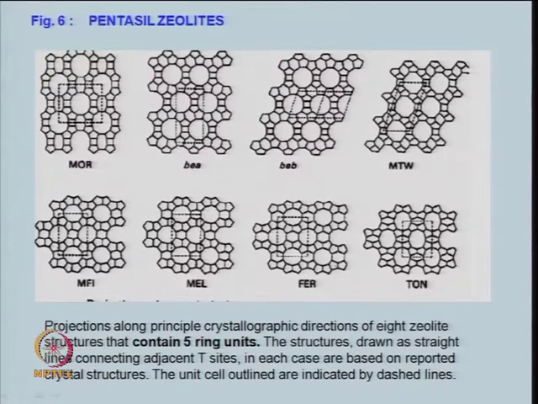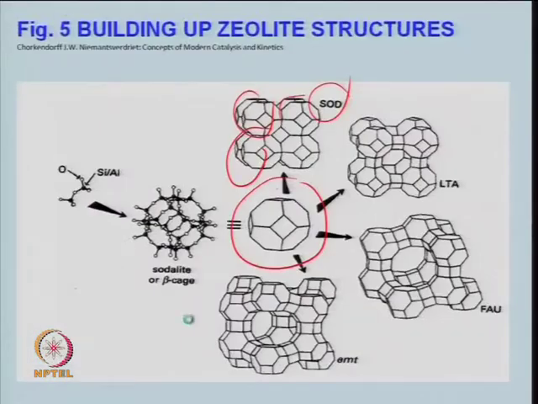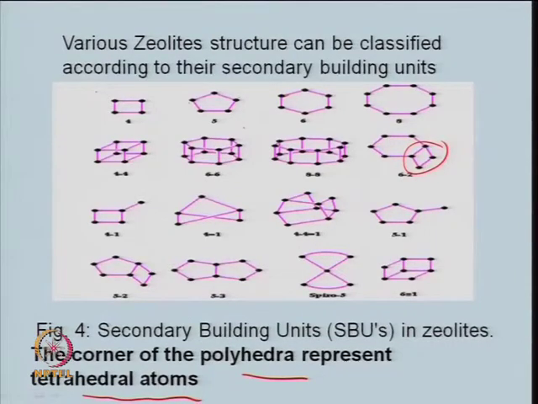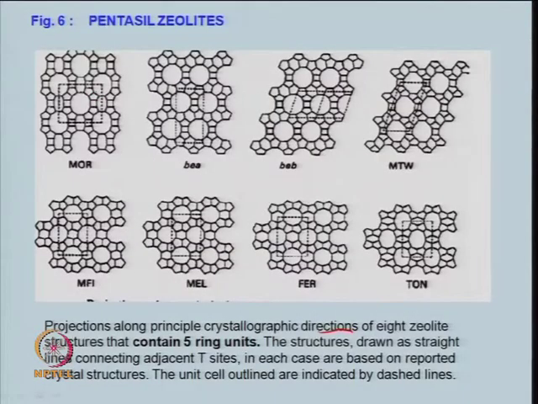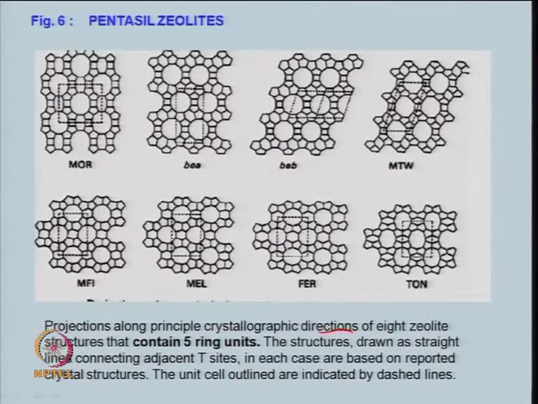So, as I said, it depends on the projections of this primary building block or framework, right, along principal crystallographic directions of 8 zeolite structures which have been shown here, right. So, basically these all depend on the primary building blocks which I have shown you in the earlier slides like this, right, and then their orientation, that is how the structure projects from the one primary block, and how it projects, that is the secondary block, and then the multiples which have formed, right, the tertiary blocks. So, depending upon the projections of these principal crystallographic directions, you can have 8 zeolite structures which contain